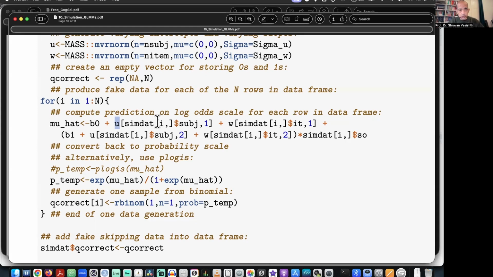Similarly, if i were 2, then I would look at the second row of the subject random effects matrix, and I would extract the subject ID in the second row. It could be subject 2, for example. So this command tells me, as we walk through the data frame SIMDAT, which subject ID we are looking at, and this tells me the relevant subject intercept adjustment for that subject ID. So if you understand this command here,